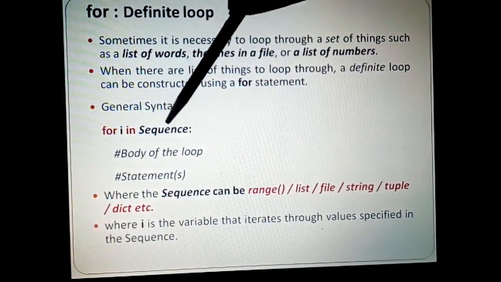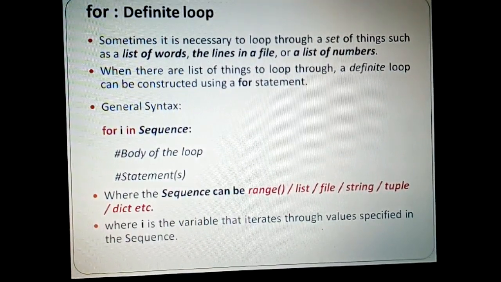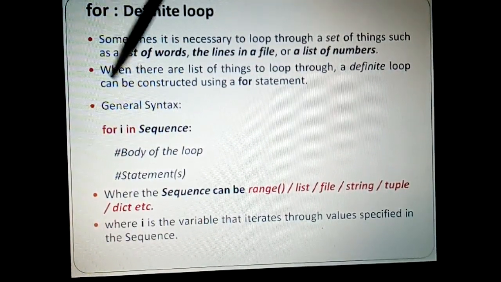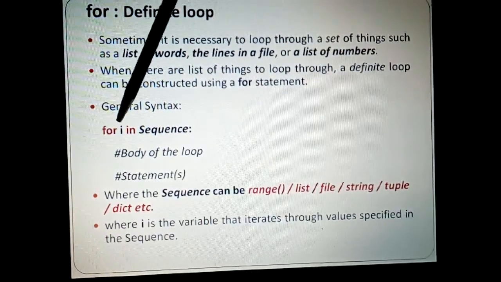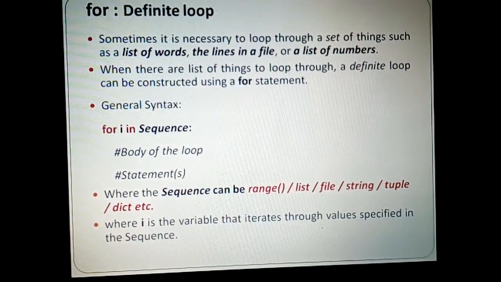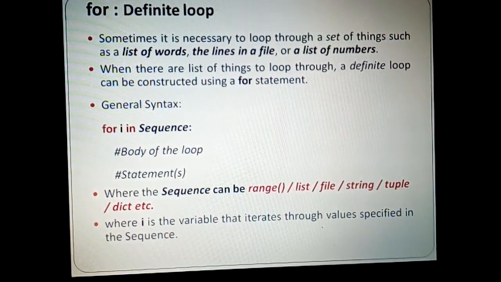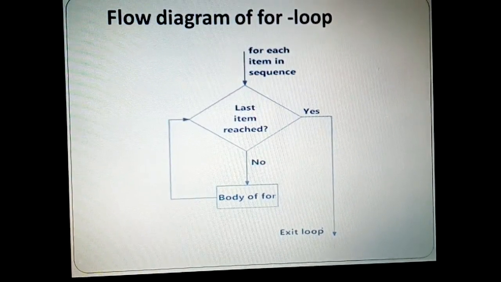So whatever I have specified in the sequence, that value will be taken up by i, unlike the C program that used to say i equal to 0 and so on. So it is not that I initialize i here, but i will pick up the values from the sequence, and it will go through each and every value. Now let us see this with the help of a diagram.